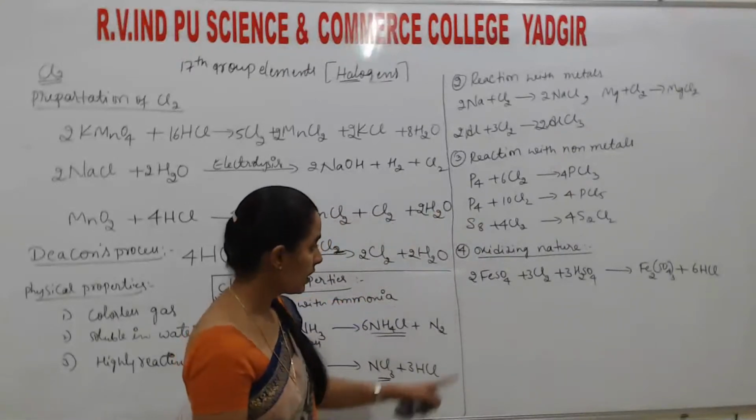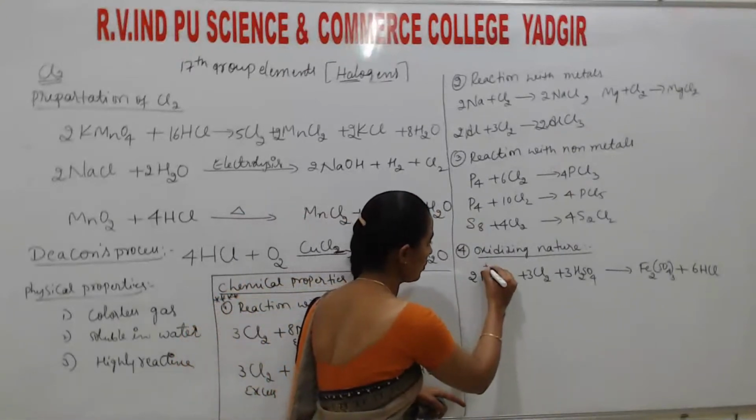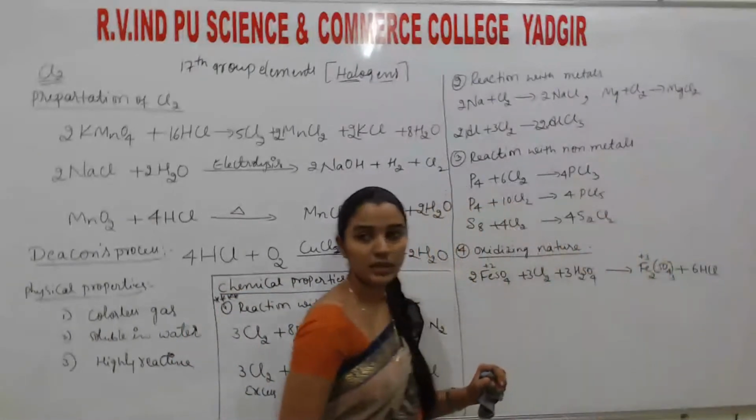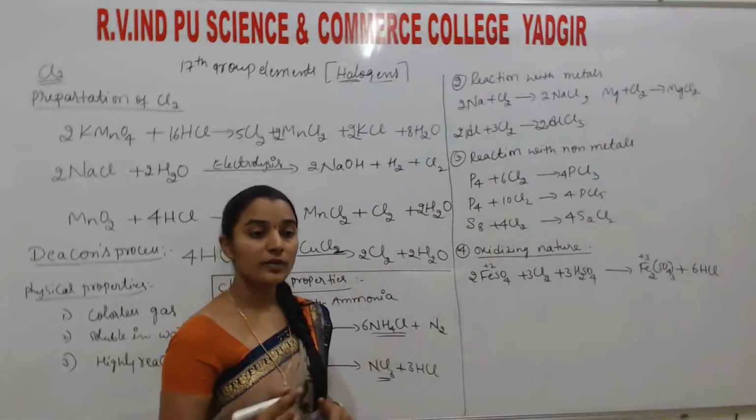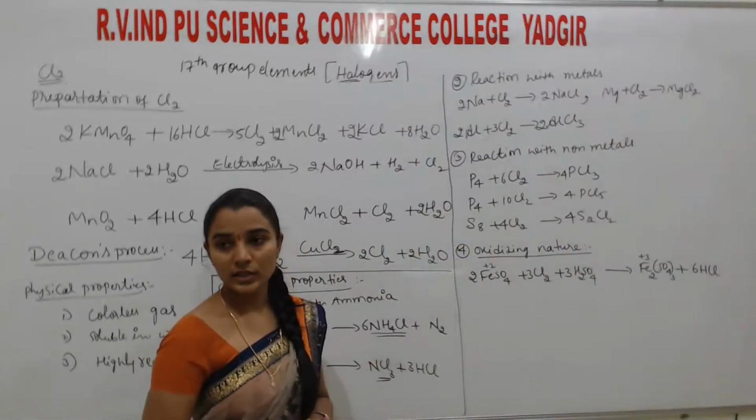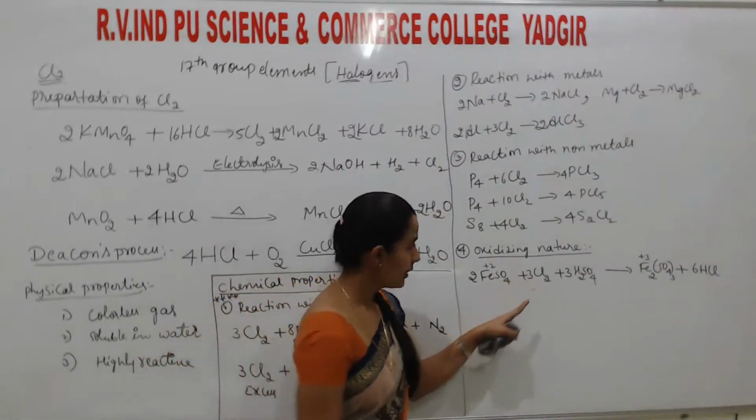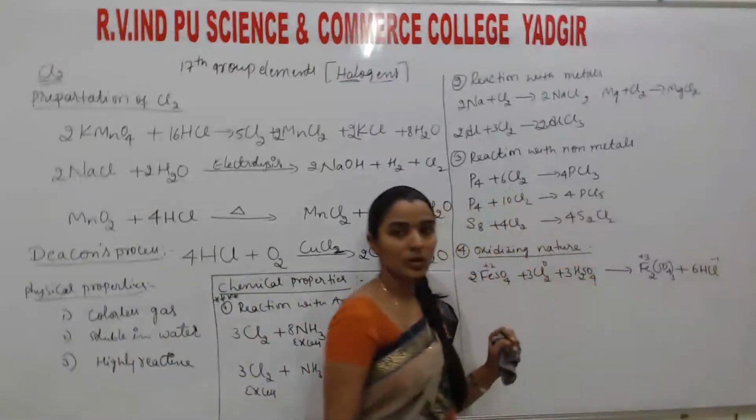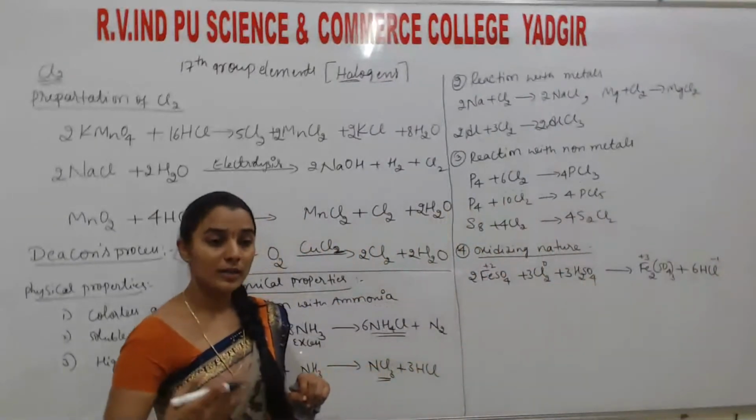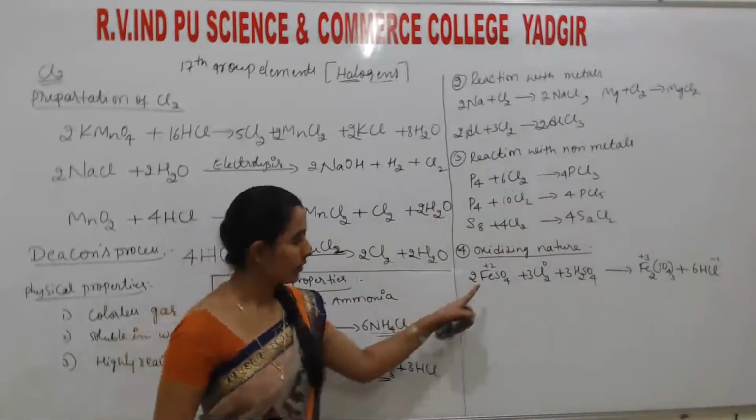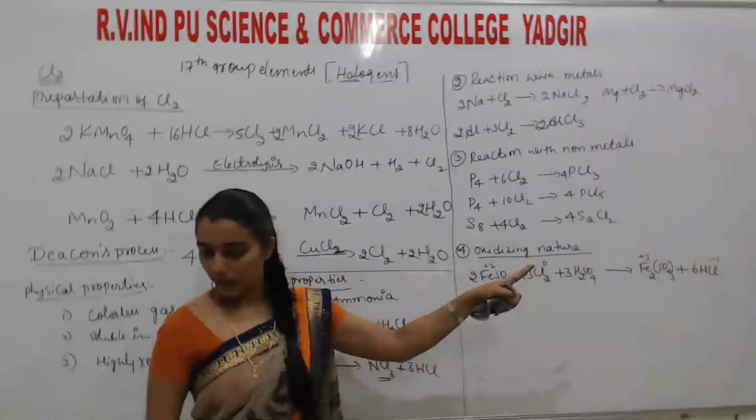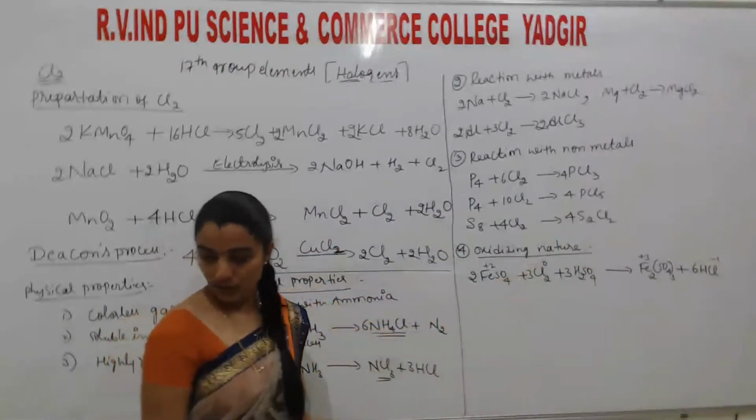Understand? Okay. Here Fe is in +2 oxidation state. Here it is in +3 oxidation state. So loss of electron means that is oxidation. This chlorine, here it is in 0 oxidation state, here it is in -1 oxidation state. So by accepting an extra electron, it oxidizes this iron from +2 to +3. Okay, so the next one is